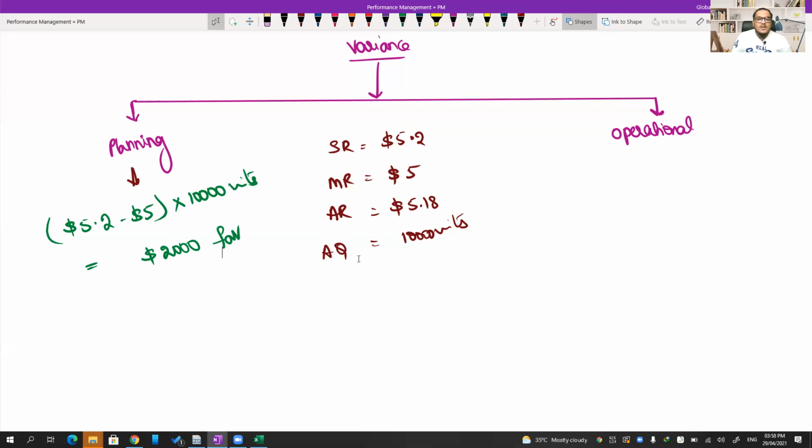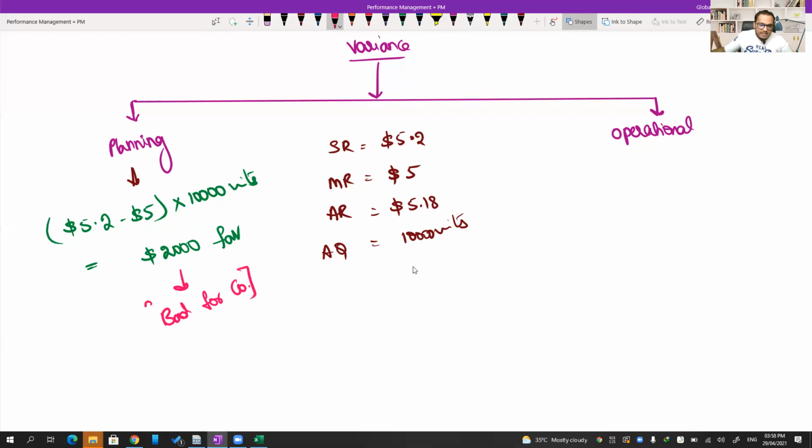Okay, cool. No problem. Sir, you should have given them a target of 5, but you gave them a target of 5.2. You allowed them to spend more amounts. You allowed them to purchase at a higher price, giving them a budget higher than the supposed budget. So because of that, what will happen? Obviously, they'll get favorable variance. Sir, it is bad for the company. Absolutely bad for the company, ma'am. If you are getting a planning variance as a favorable in cost terms, this is bad for the company.